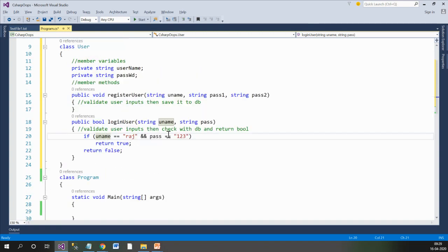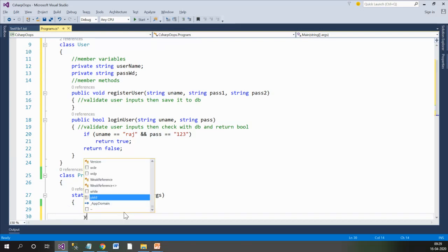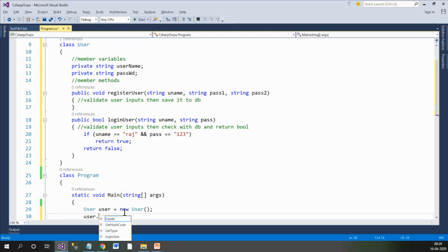If username is Raj and password is 123, return true, otherwise return false. Here I'll create the object of the User class, and register the user with the name Raj, with password as 123, with confirm password as 123.